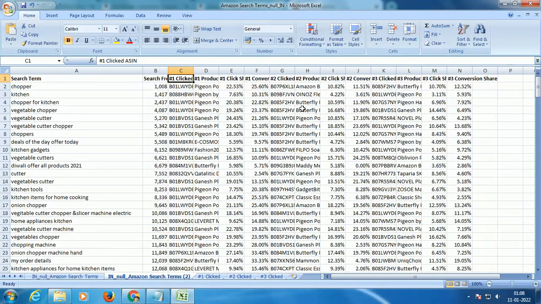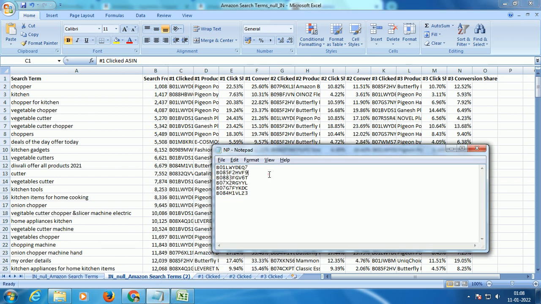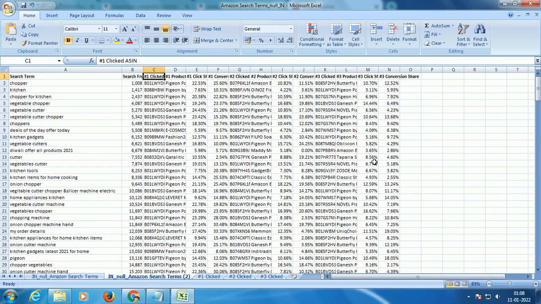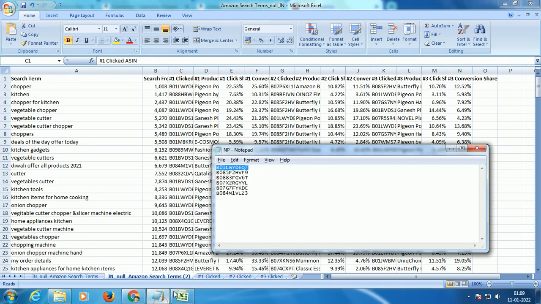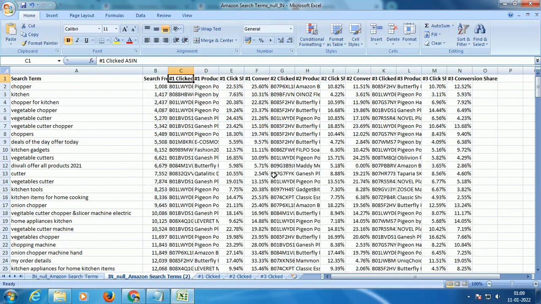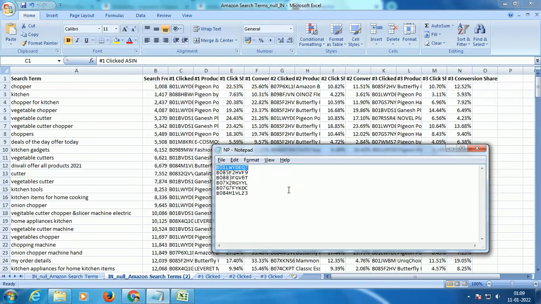Now firstly, before doing any number crunching, or before chopping down this data, let's visualize this data. Now we know that there are some 5 competitors here, right? What I would like to see is how these competitors are placed. I'm just minimizing it so that we get to view the complete sheet together if possible. Now I want to see how they are placed. I want to color code them, and I want to visualize. I want to see which among these 5 players is ranked the most, right?